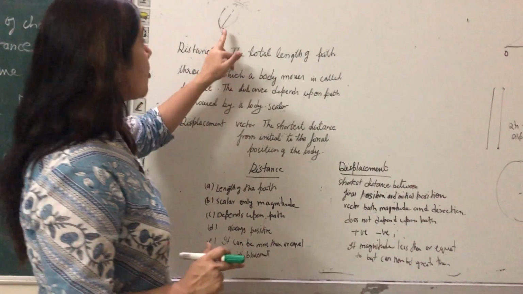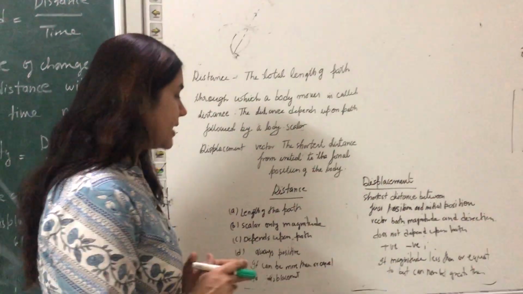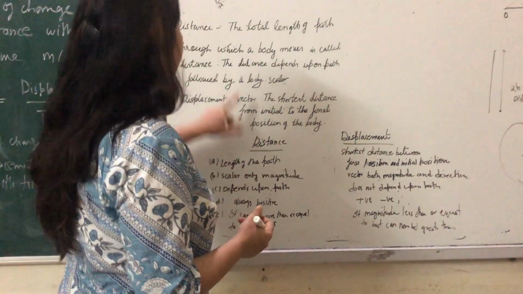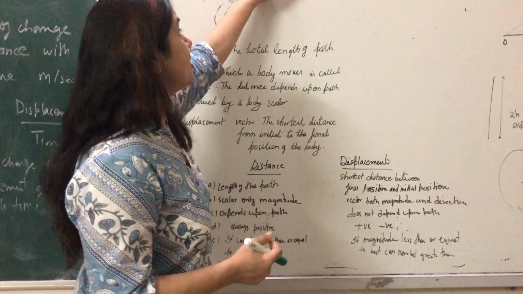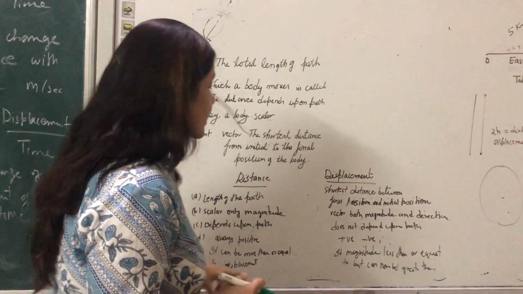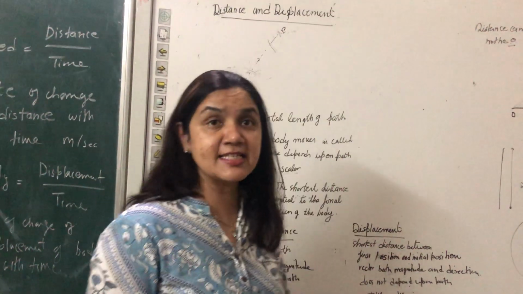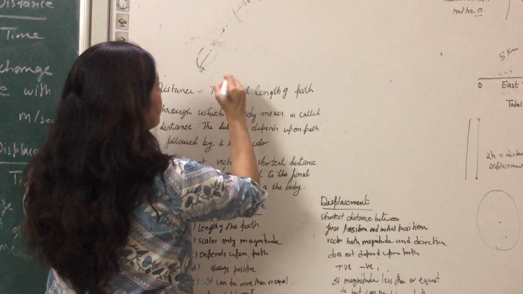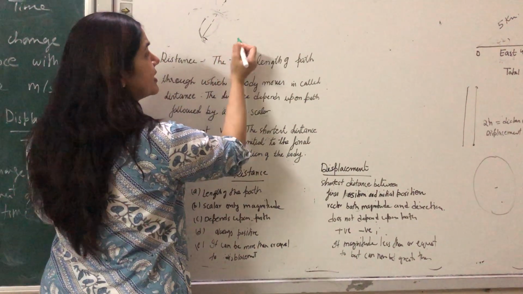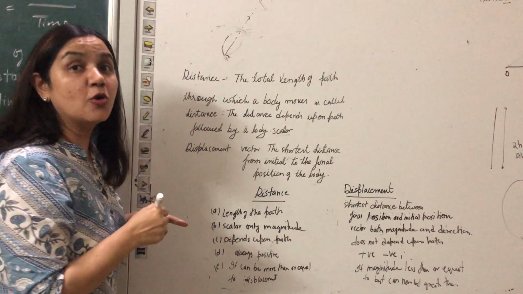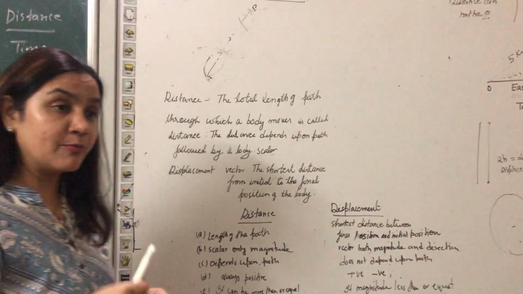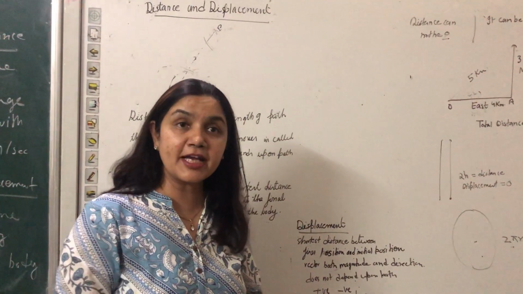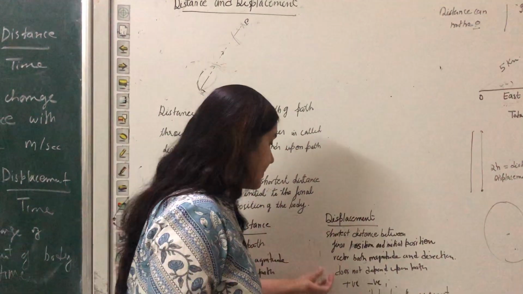Second thing, distance always depends upon the path, but displacement does not depend upon the path. When you calculate the distance, it will always be positive. 3 km plus 3 km, 6 km. But for displacement, the direction is considered. Suppose a person goes here to here, that is 3 km, and comes back 3 km, that means plus 3 and minus 3. You can mention the sign there. So the displacement may be positive or negative or 0 because displacement is a